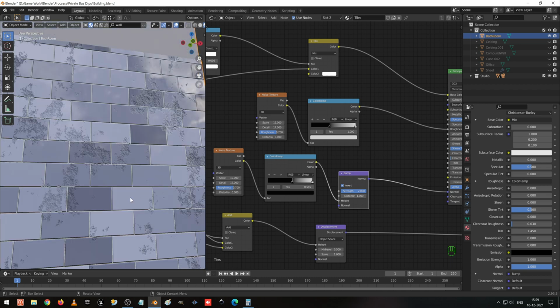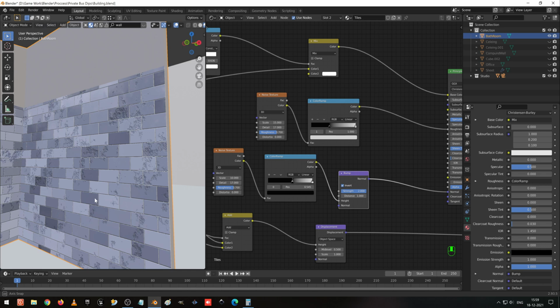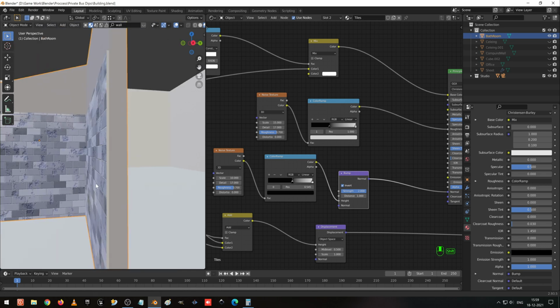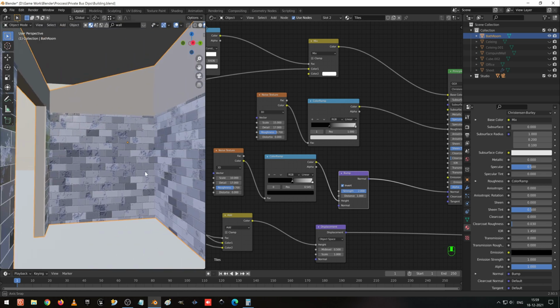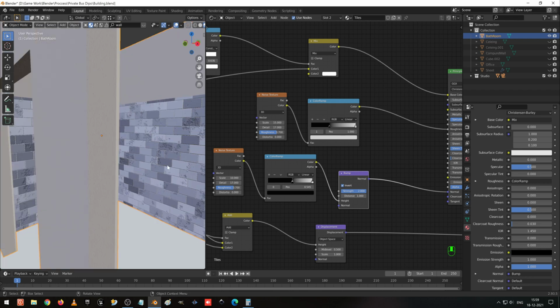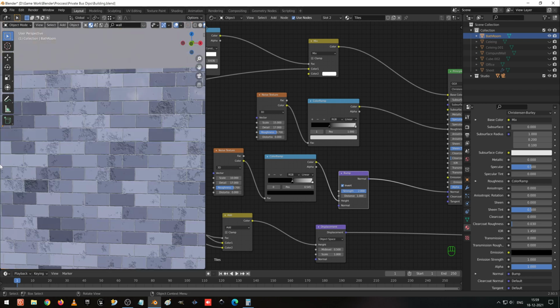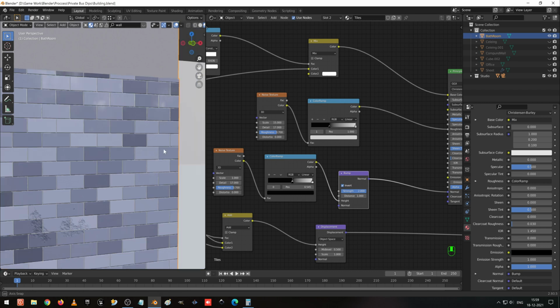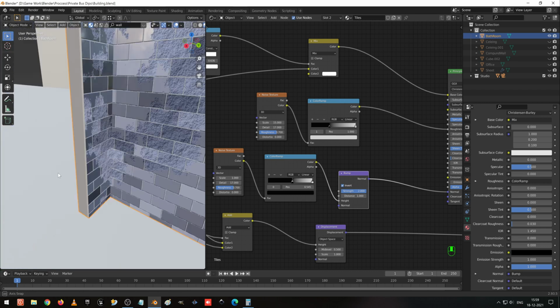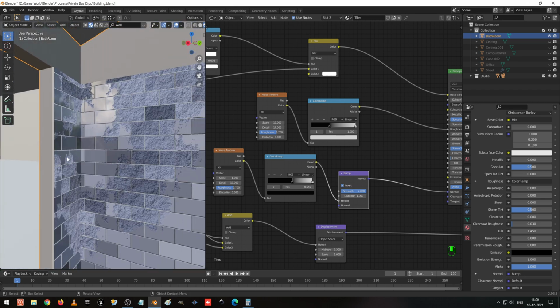So this is the damaged tile which I have given for these places. But here you can see it's damaged in many places, but we don't want that much. So I'm going to scale it to 1 and see, and it's damaged somewhere else.